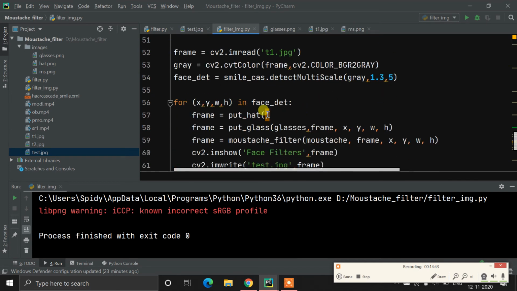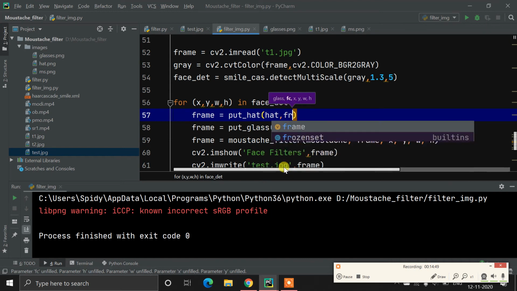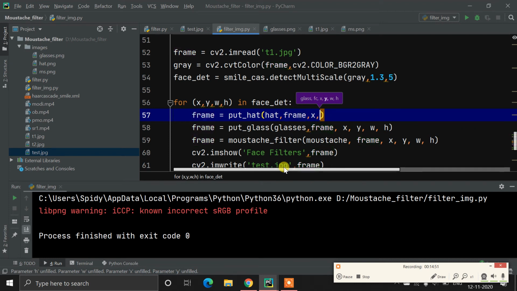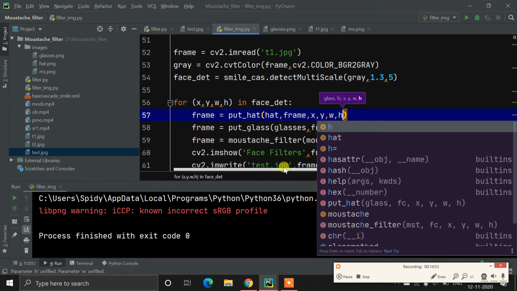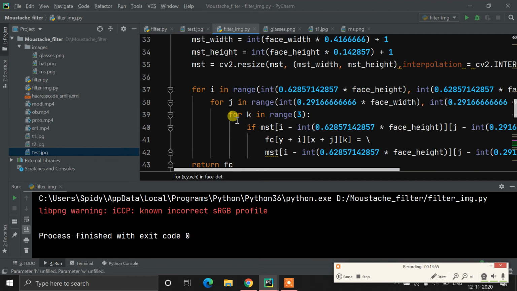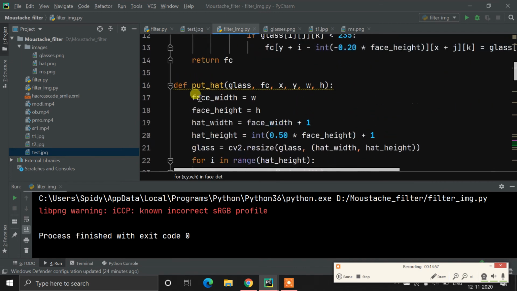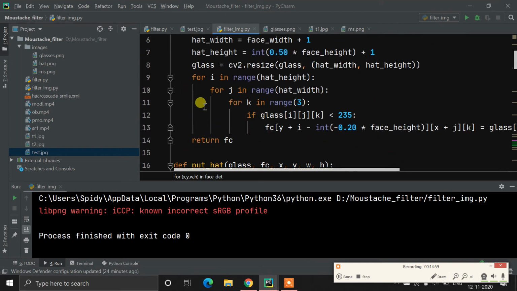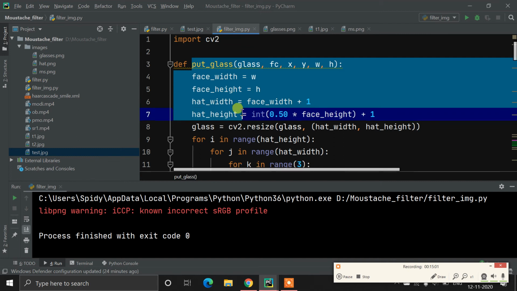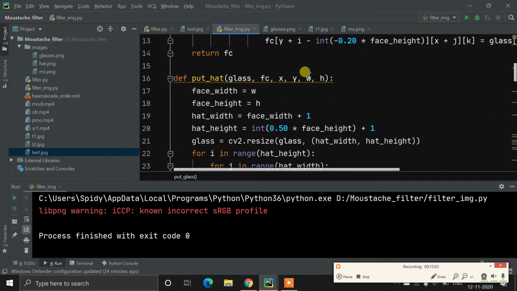Now I'm going to run this head. Then we need to initialize the frame, then x, y, w, h. The code is the same as available for the mustache. Sorry, the code is the same as put glass. I have copied the code and I'm using it for the head.